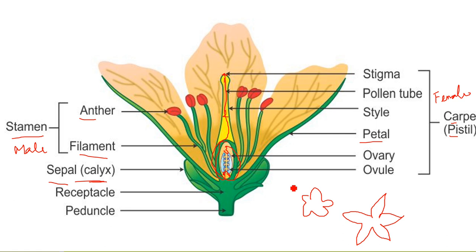Now I'm again and again using one term, gamete. Gametes are special cells for reproduction present in both male and female. If those special reproductive cells come from male, they are called male gamete, and if they come from female, then they are called female gamete. Male gamete is pollen grain in plants. Female gamete is egg which is present in ovule.